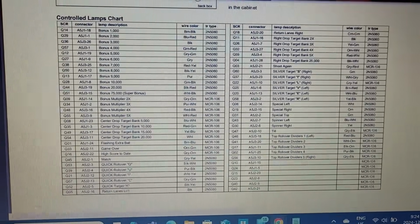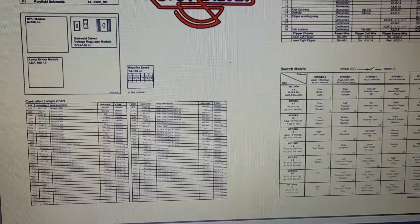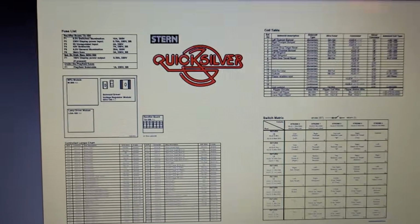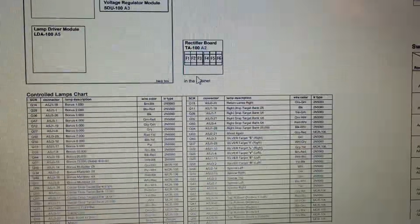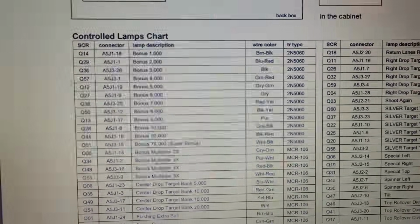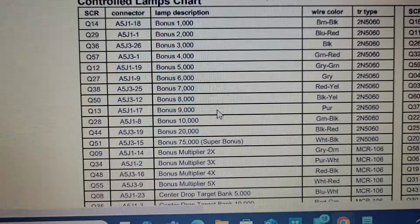Okay, check this out. Let's zoom out a bit here. This is something that was shared to me on Pinside in the Quicksilver Club. It is a tech chart that someone made up that basically has everything I need to know about wiring. So check this out. The 3 inserts that I am working on right now are